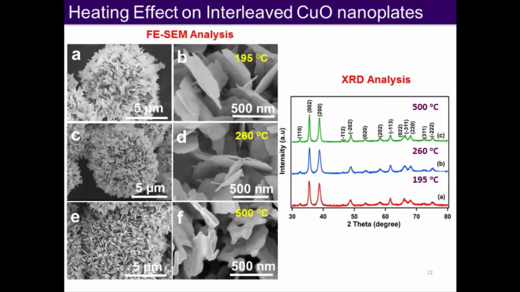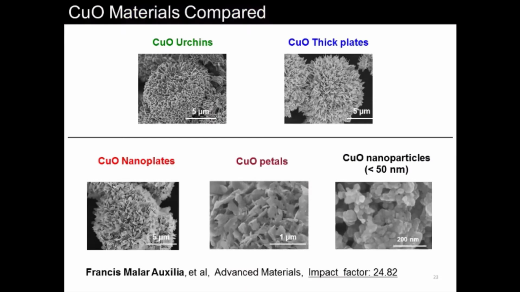And the FESEM analysis of the flower-like morphology after heating at various temperatures shows the change in morphology with temperature, because it has to withstand the catalytic reaction at high temperature also. So at 195 degrees centigrade, 260 degrees centigrade, 900 degrees centigrade, and the corresponding morphology. And we have also compared